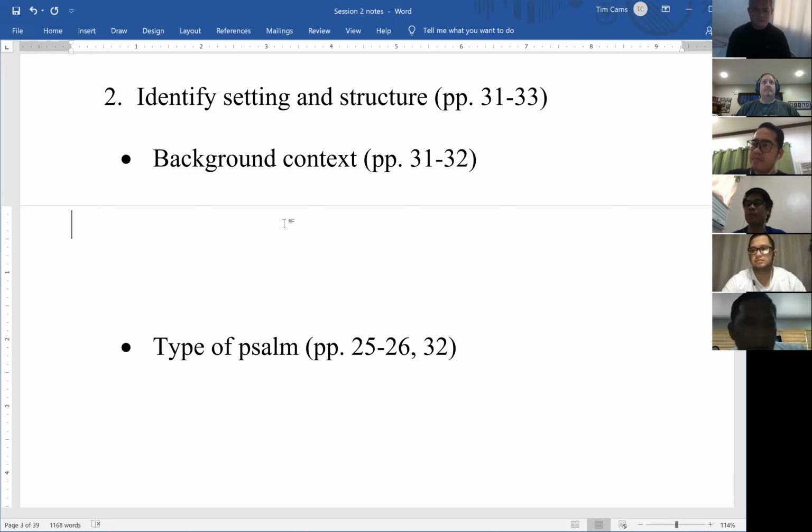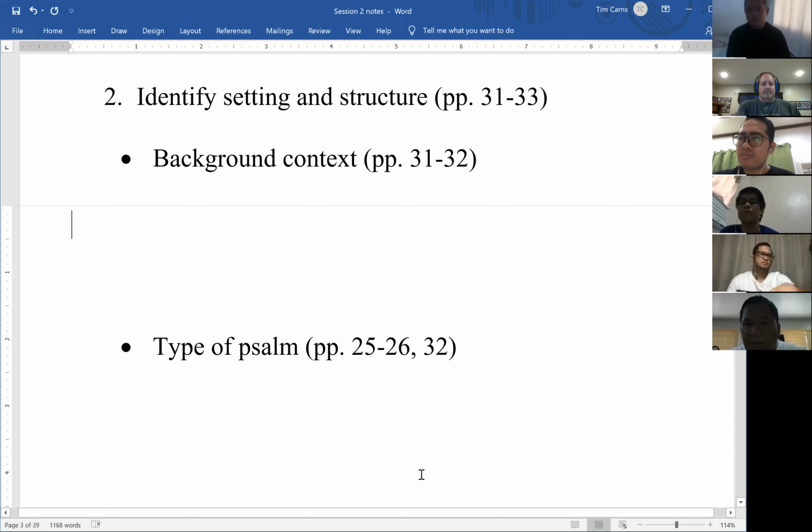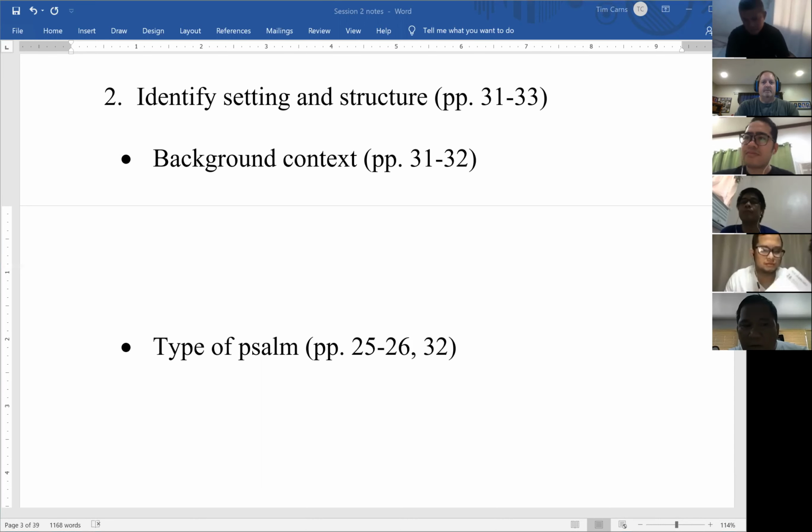What version are we using? I've been using the New American Standard, but which one do you have? ESV. Yeah, that's pretty close. Similar? Yeah, I compared the translations. The ESV is very similar. I think only one line and one verse is a little bit different, so it should be okay. Thanks. I'll pull up the psalm when I can for you guys, but try to have that open next to you, and the ESV version should be okay. It'll be pretty close.